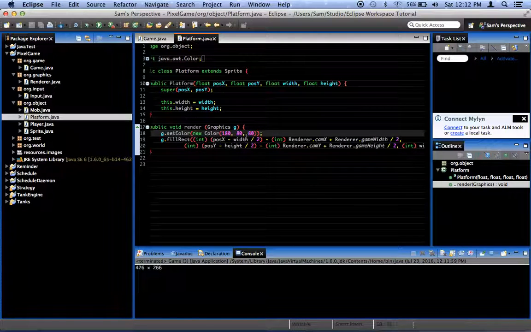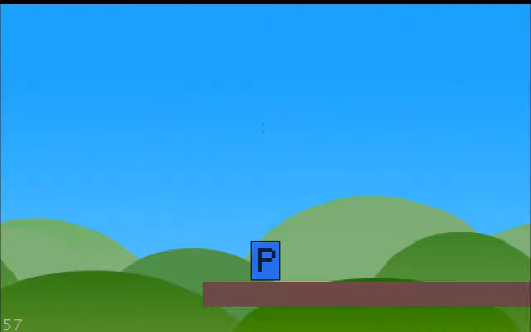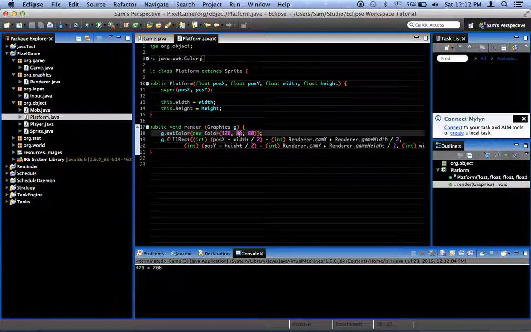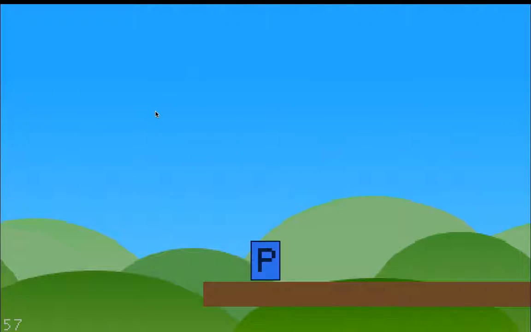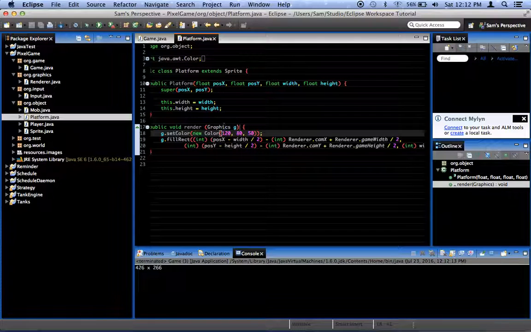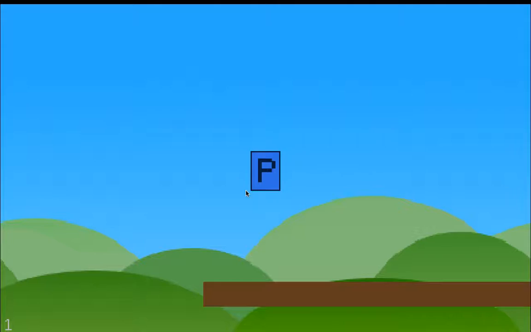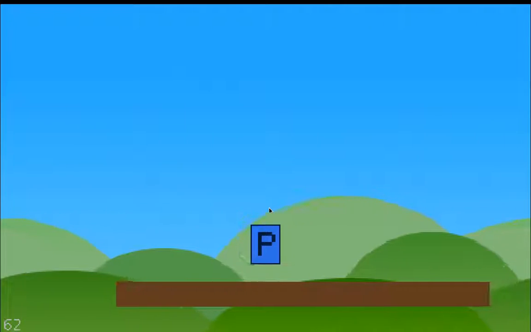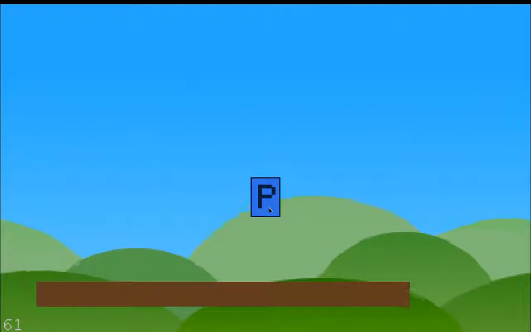Let's reduce this to maybe 120. Getting there. What if we reduce our blue to 50? That's looking closer to what we want. I'm going to reduce the blue to 40, green to 70, red to 110. It'll make it darker colored. Okay, that's good enough. So now we've got our platform, and we've got our little character that jumps around, and